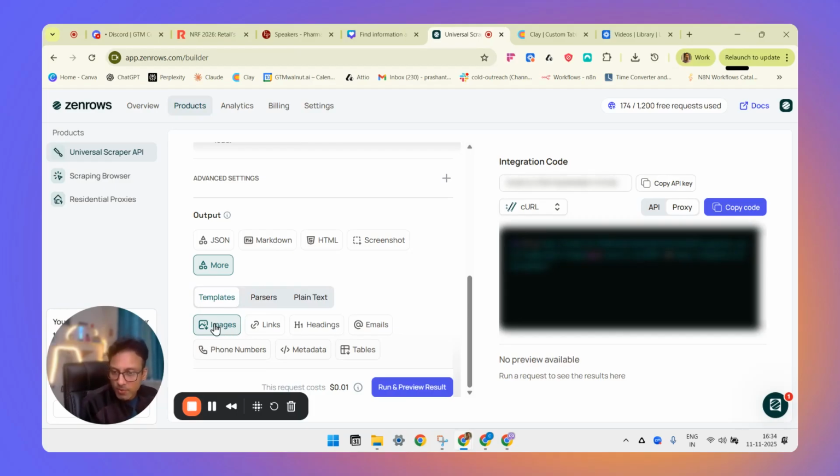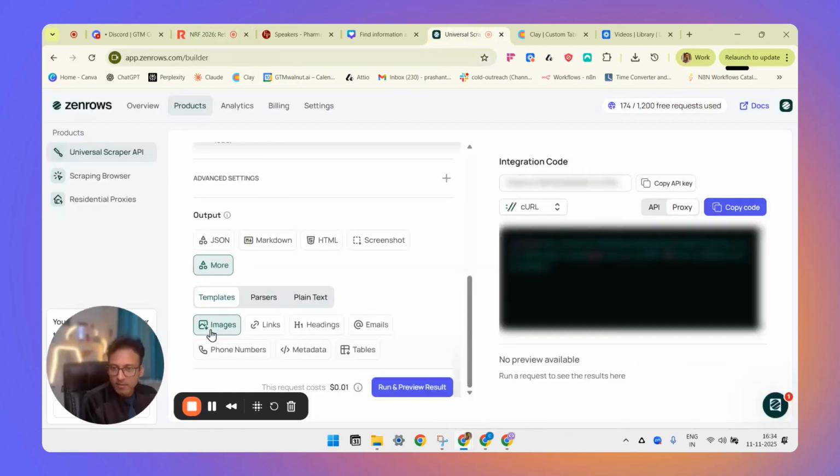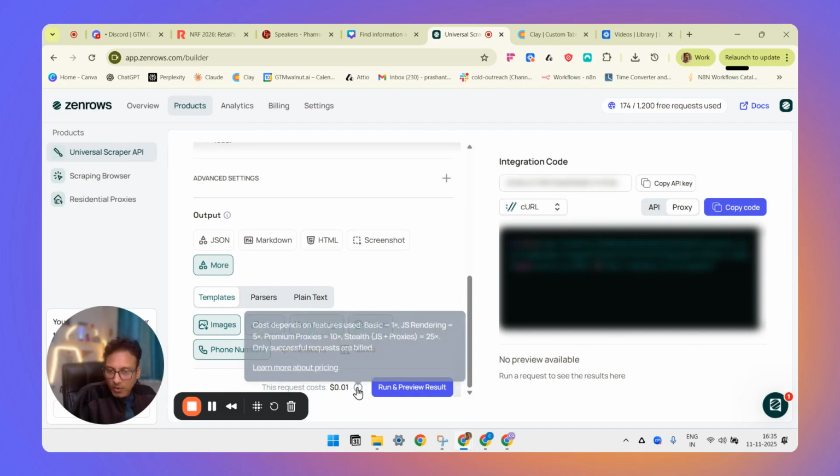So you could see that Zenrows also finds the links to the images of the speakers. So in this case, I'm basically going to be getting the links to these speakers' images, which will contain the speaker's name. You could select emails, links, headings, phone numbers in case you're interested in reaching out to someone, not to the speaker, because usually speakers' email and phone numbers are not going to be listed here. But if you want to reach out to someone in NRF, you could use Zenrows to find that information. And it also shows what is the cost for